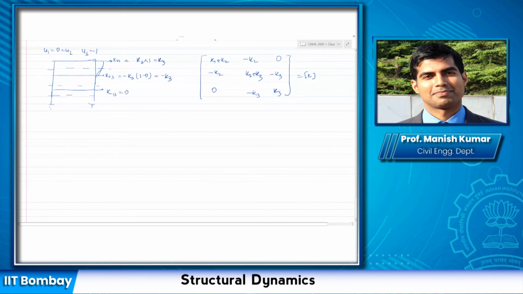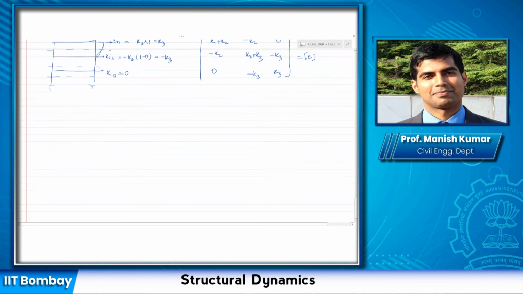Okay, the other thing, remember, as I said, once you find out the K matrix and your damper is also similarly located at each level, then the C matrix would also be in the same form. However, the thing that I want to focus on here is the mass matrix after the stiffness matrix.